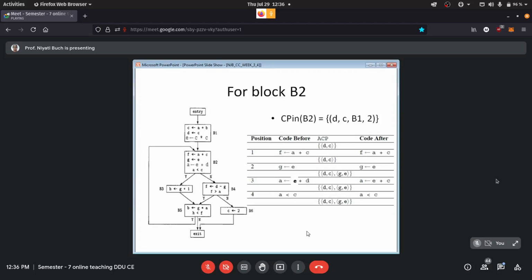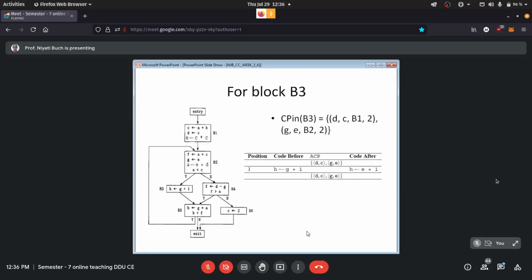Now taking the next block B3. Over here, we have already found the values of the in set. We have already found CP in. So here the order is not going to matter, whether you take B3 or B4. That whole thing we have already resolved. We have already considered the predecessors when we found the value.